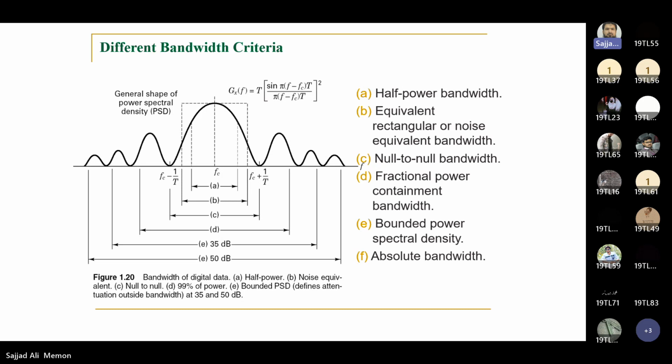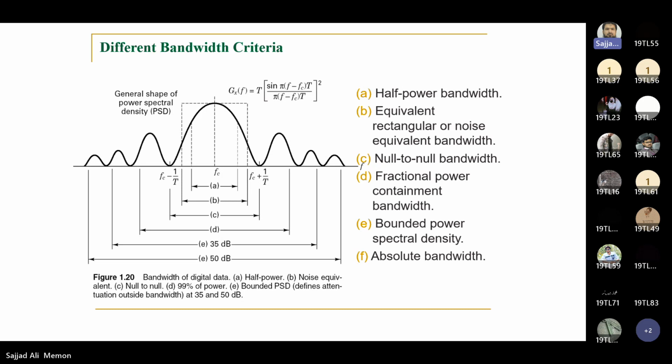So the half power bandwidth will be like this one, that is the 3 dB drop, 0.707. We also call this the RMS value. So we only take this particular range of frequencies where most of the power lies. And B is your equivalent rectangular noise. In that case, we almost take the first lobe frequencies into consideration, and then null to null